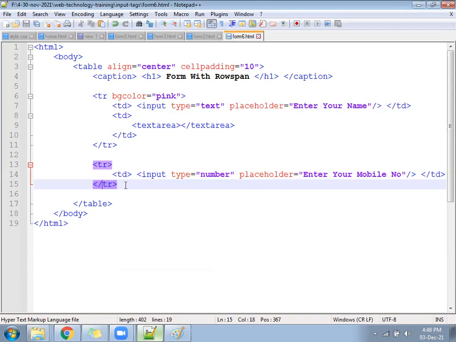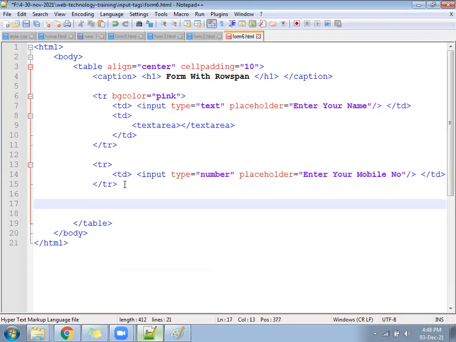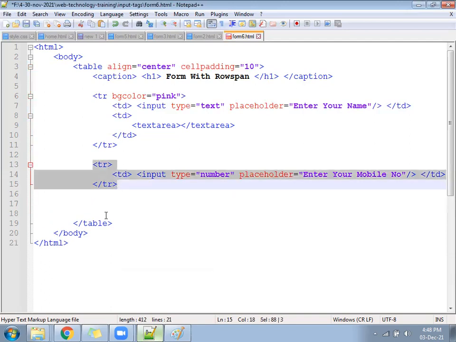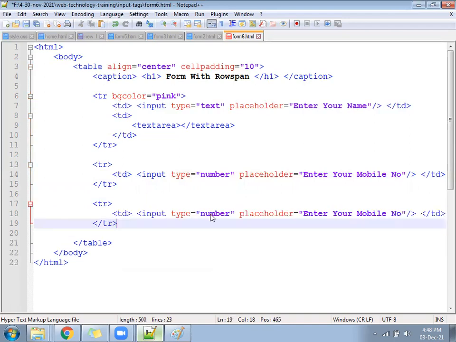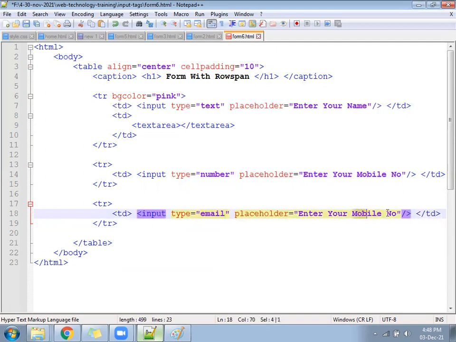Clear? Now write one more TD. Input type equal to email. Placeholder "Enter your email ID".